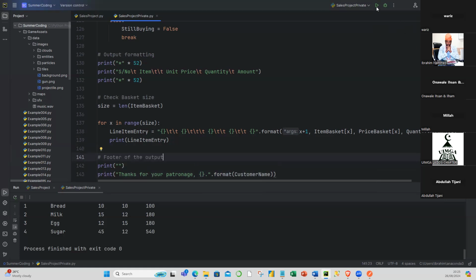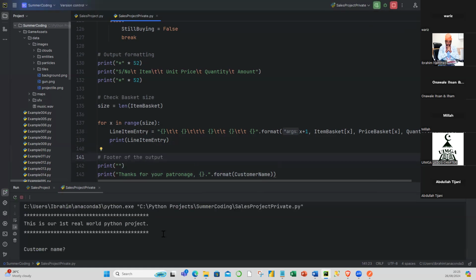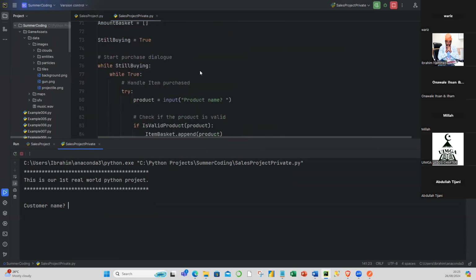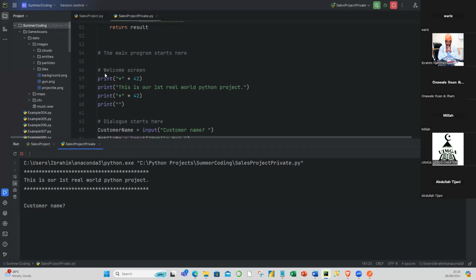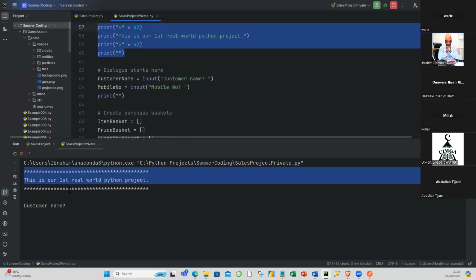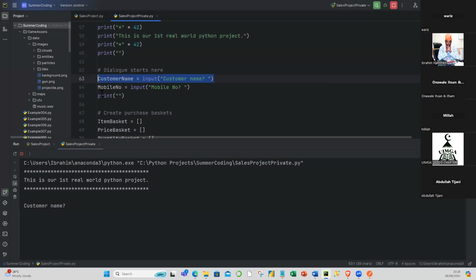So if we run this for one last time, before we review what is in there, this is the header. And I can tell you the part that is working at every point in time. If I go back, this is the part that is decorating this message that we get here. It's this part that is handling it. Then this message, customer name, prompting us for something, it is this line that is working. So I'll respond and say, I am